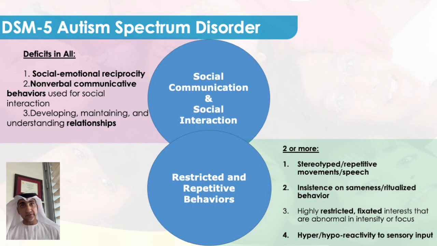The main characteristic in autism spectrum disorder is impairment in reciprocal, social, and emotional communication. And these are, in the slide, the DSM-5 symptoms of autism spectrum disorder. The child with autism must present with core deficits, so deficits in social emotional reciprocity, deficits in nonverbal communication, and difficulty maintaining and understanding relationships. So notice that all these core difficulties are in the social communication domain, and they must be present in every child in order to be diagnosed with autism spectrum disorder.